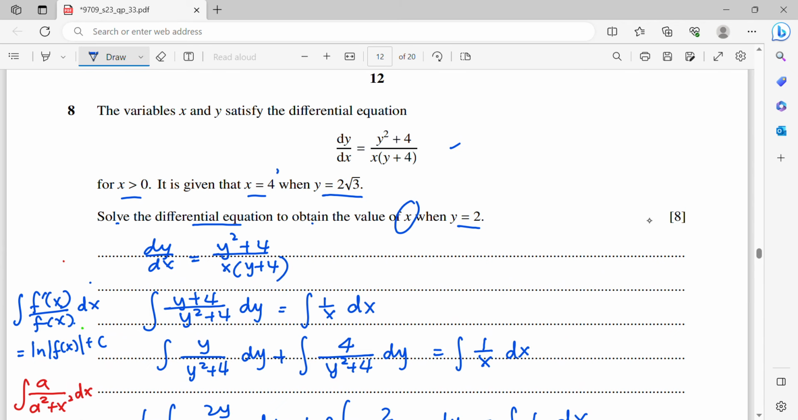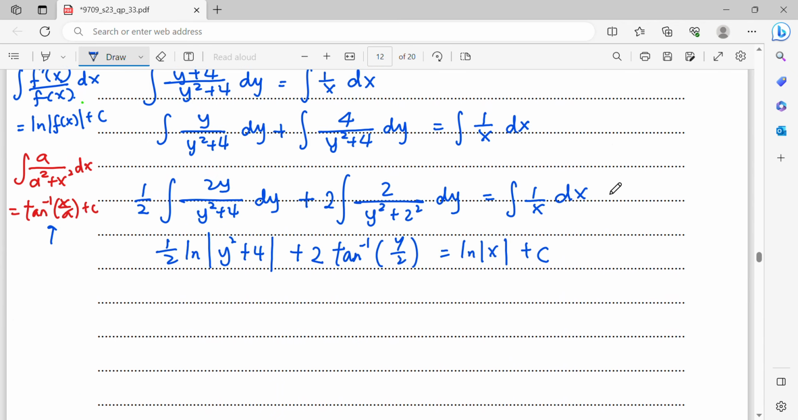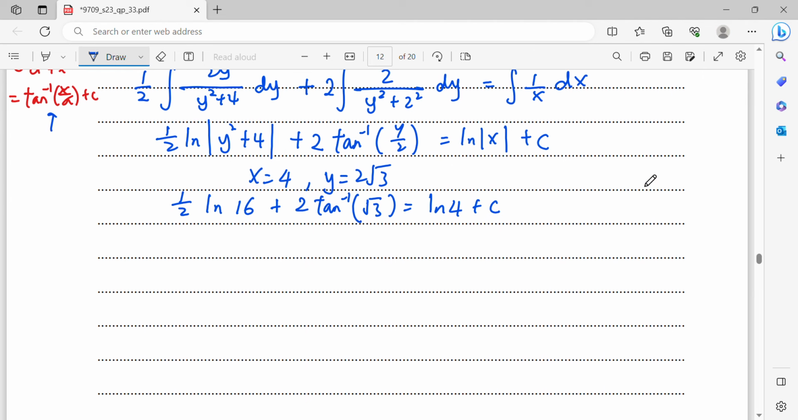Now, when x equals 4, your y is 2 root 3. So when x equals 4, y is 2 square root 3. So now replace both values. So 2 square root 3, you square it, and then plus 4, it will be 16. Plus 2 inverse tangent, right? So when you replace the y by 2 square root 3 over 2, it will be square root 3. Then equals ln 4 plus c. So just replace directly and solve. So now your c